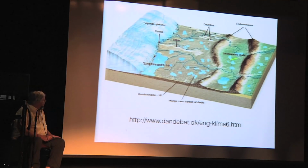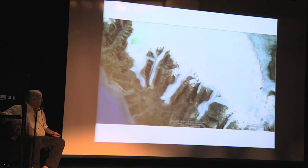But the important part of this story from a geologic point of view is that when the ice pulled off, this is a drawing that shows a cartoon with some moraines here. So the glacier used to cover this entire area, and when it pulled off, it made a barren sort of region over the surface of the earth. And that's an advantage to geologists or to Native Americans because